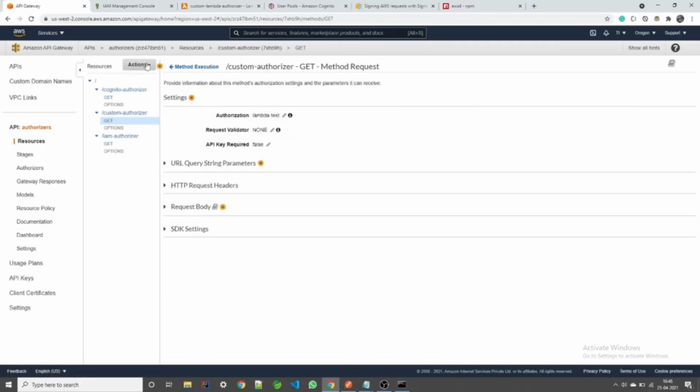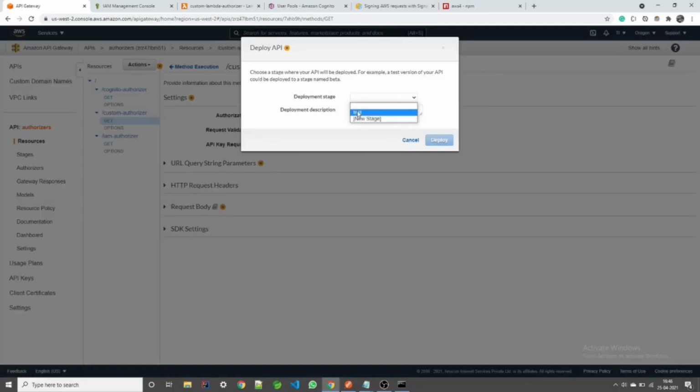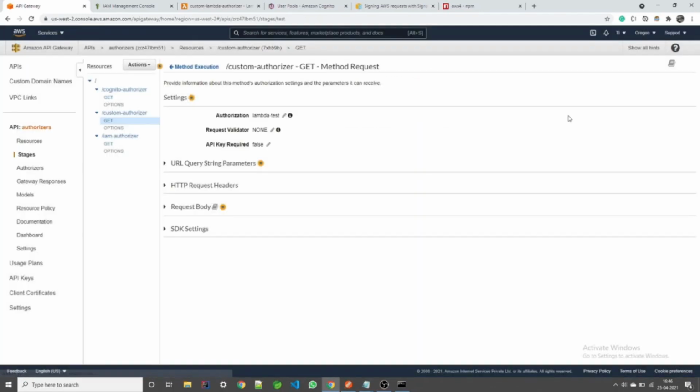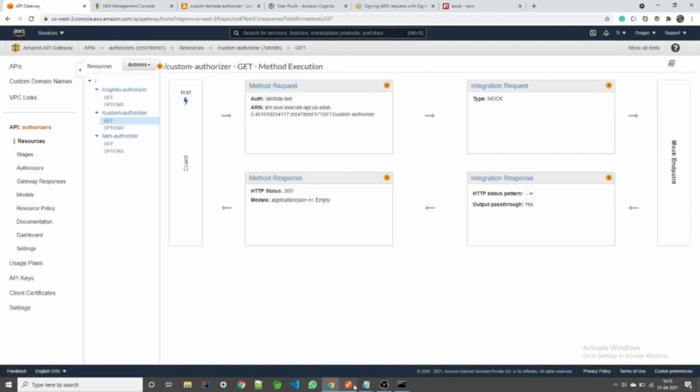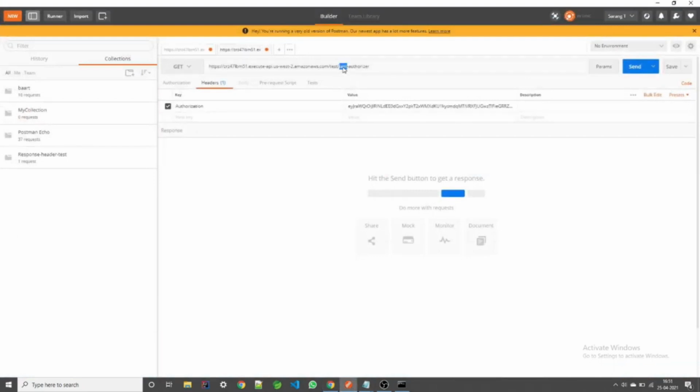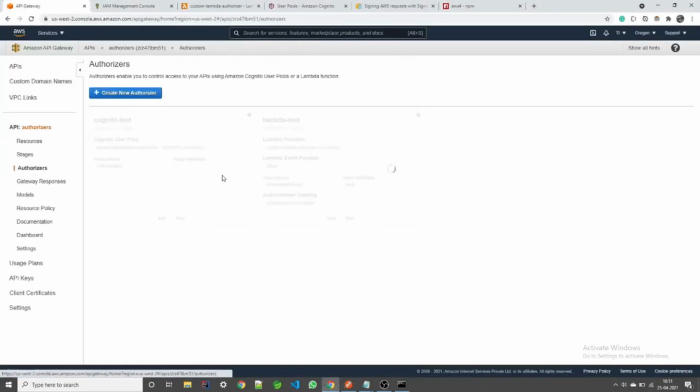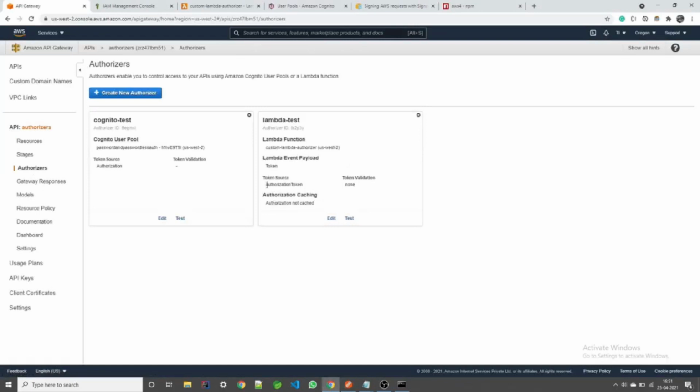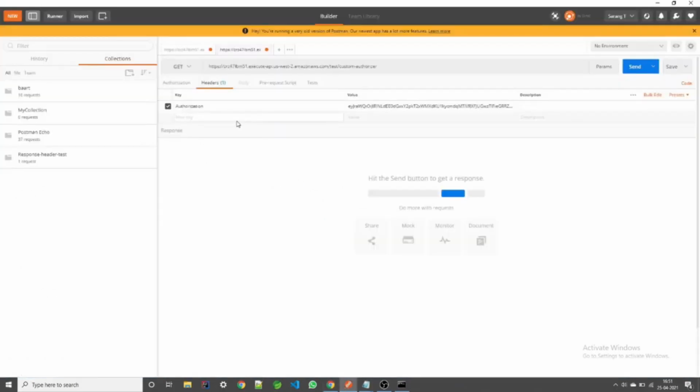Since I have made the changes, I have to deploy the API again. Then I'll go to Postman and first change this endpoint to custom authorizer. As we know, on the authorizer we have configured that the key should be authorization token, so I need to pass the same key in the header.